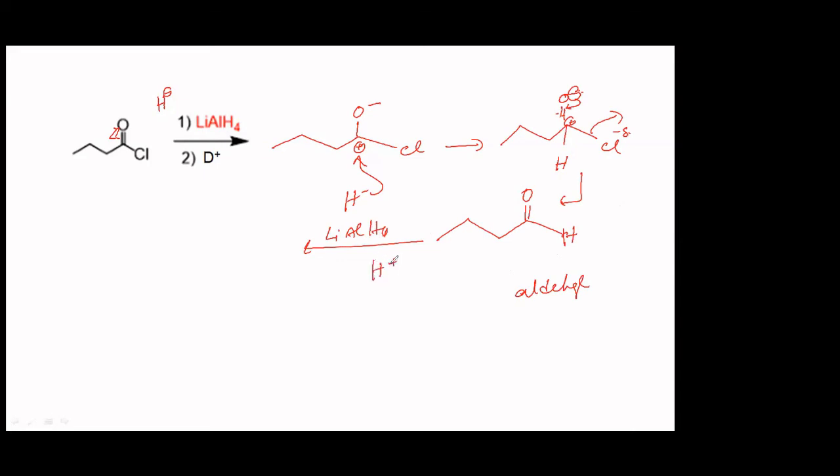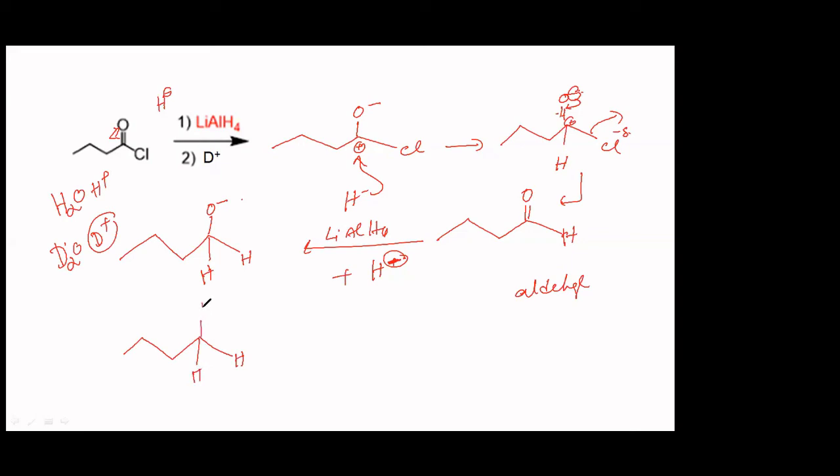So the aldehyde again reacts with one more mole of lithium aluminum hydride. Again H minus comes and forms a bond. So your carbonyl group is going to get one more hydrogen. This becomes O minus, hydrogen and one more hydrogen. Now this O minus has to take a proton from the medium. You don't have H2O, H plus; instead you have got D2O, D plus. Heavy water, heavy hydrogen ion. So that only has to come and form a bond with this oxygen now. No other positively charged ion is present there. So therefore, this is going to become OD.